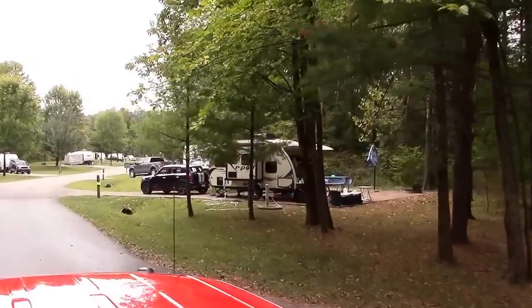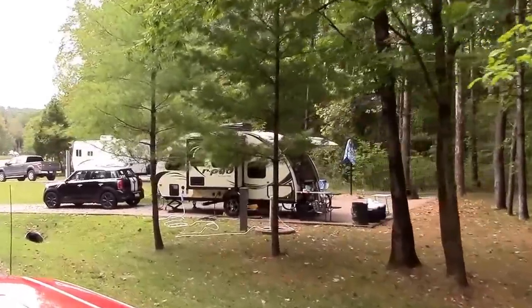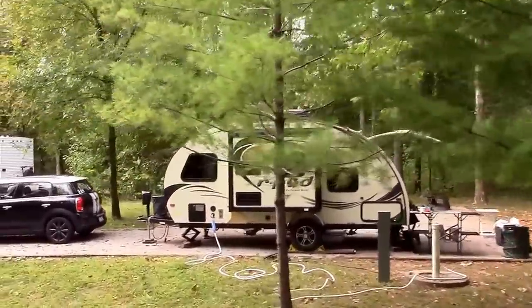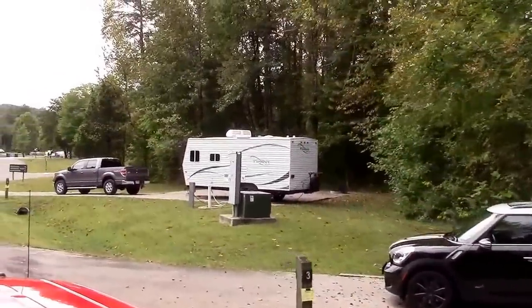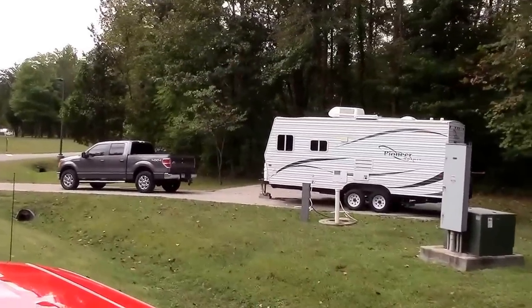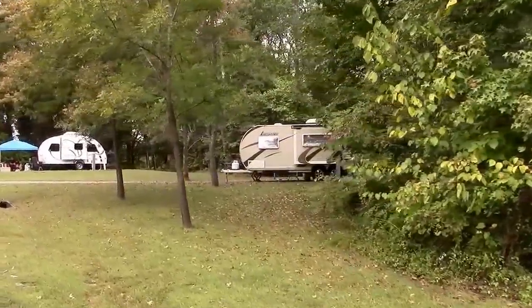And then coming up here on site number 3 is Janet and Kevin. They're in the TARDIS pod. It's a 182G, and they're one of our locals here in Kentucky. And this is not part of our group. Okay, so we're going to round the corner here,